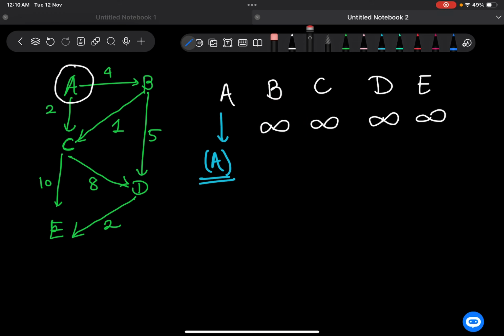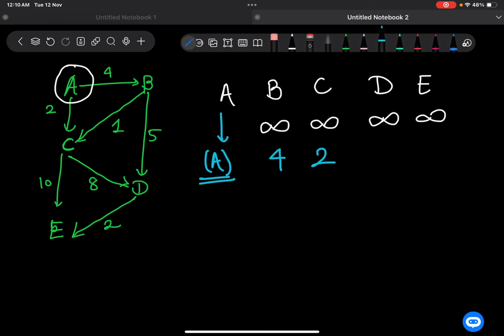So the new obtained distance is less than the previous obtained distance, so the distance will be updated. Let us make this distance 4, and similarly for C, the distance here is now 2, which is less than infinite,